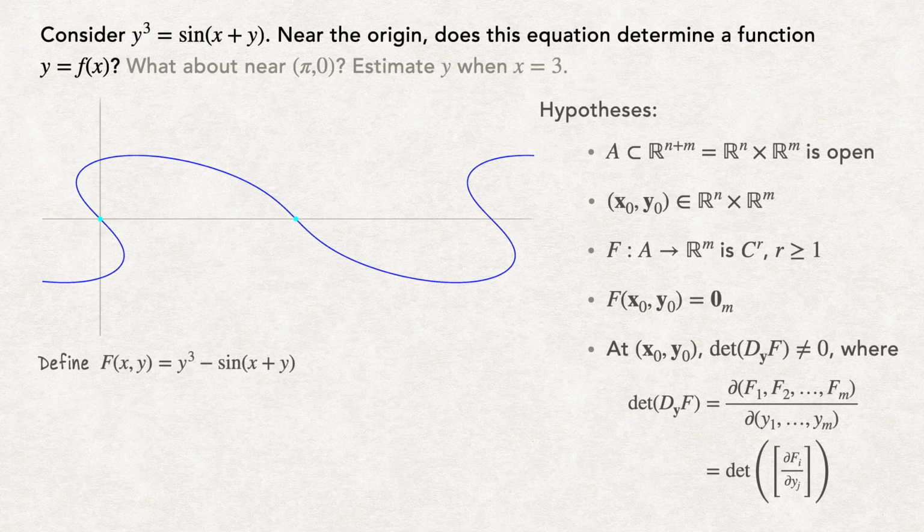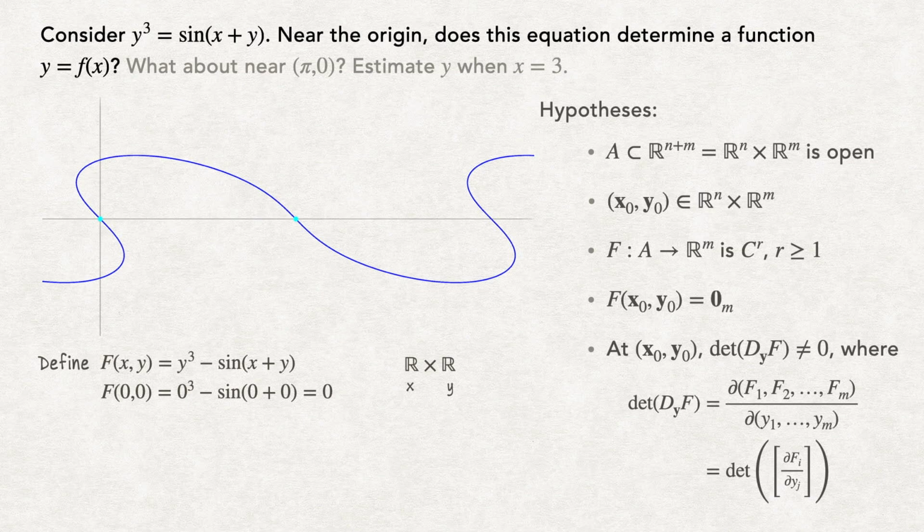Just like before, what we're going to do is move everything over to one side and say capital F of x and y is y cubed minus sine of x plus y. Like in the previous example, this function capital F is a map from R2 to R, where here we want to think of R2 as R cross R. We've obviously set this up correctly, but you want to check F of the origin does indeed get sent to the origin. Our first 4 hypotheses are all satisfied here, so we have a nice function on a nice domain,